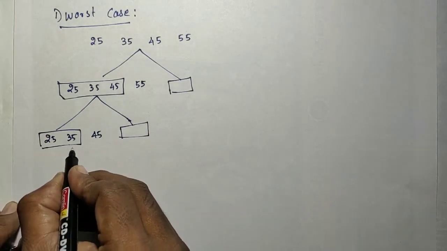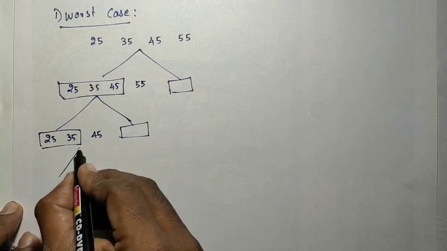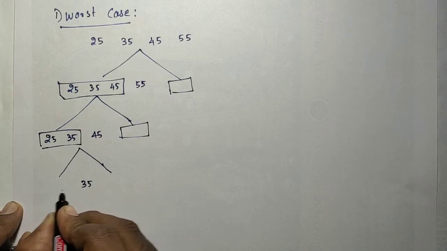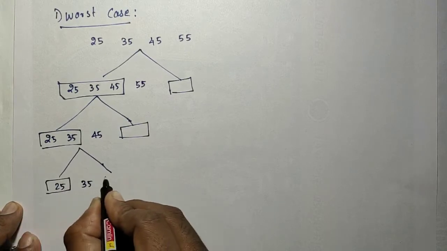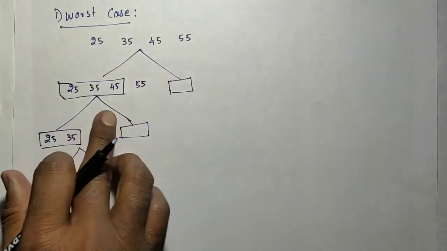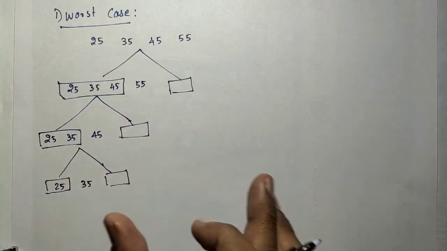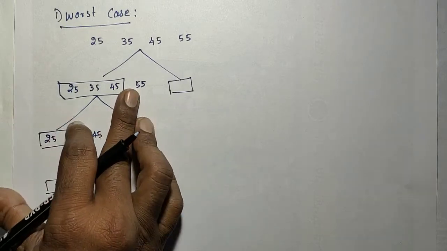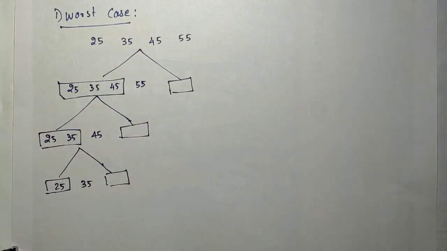Again for this recursive call, this will be splitted into what? 35 in that middle, and here it is 25, and here that is no elements, like that it will be split. So it will be splitted in this way. In each iteration, okay, the input is not going to be divided into the two. You will get the best time complexity only if the input is divided exactly into two of. Then only you will get the minimum time complexity. That is the least time complexity. But in this case, it is not like that. It is not going to be divided exactly into two of.